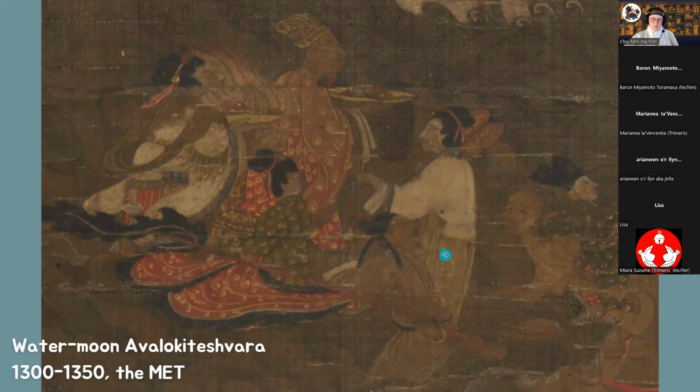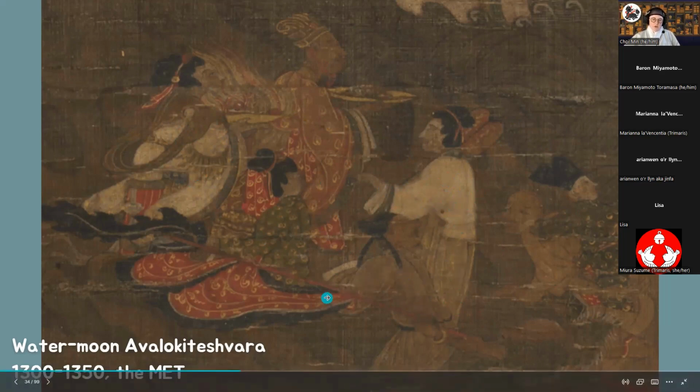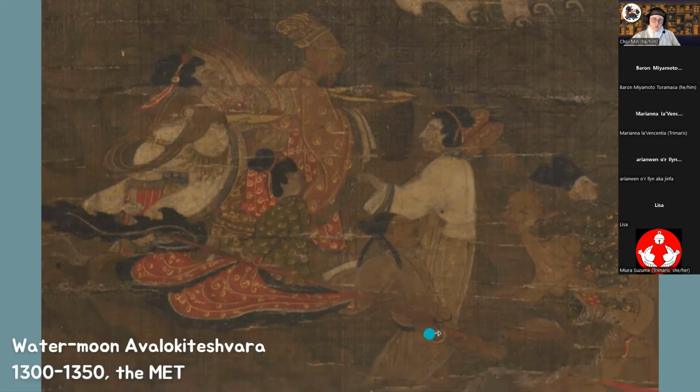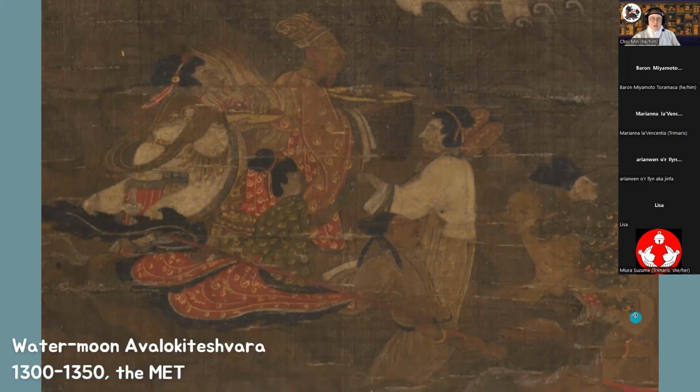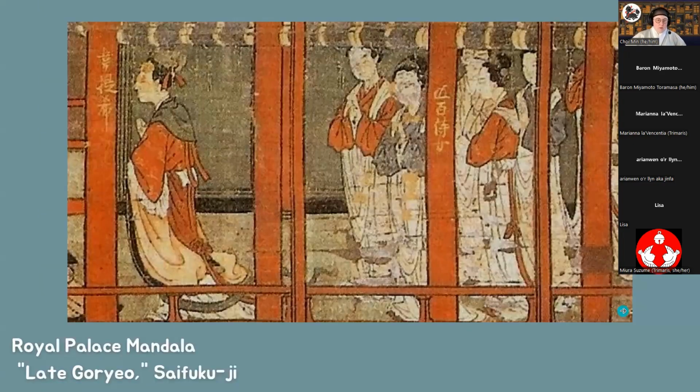So this woman's got a top and a skirt, and you can see it's tied pretty high up. And then the male servants are still just wearing those round-collared robes with belts. And then this one's kind of hard to see, so these ones are harder to do. And then to the right of this is just like celestial demons and stuff. So not real people. And then we have this, which is another mandala, and it zooms in.